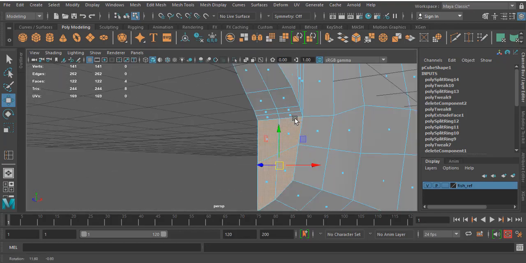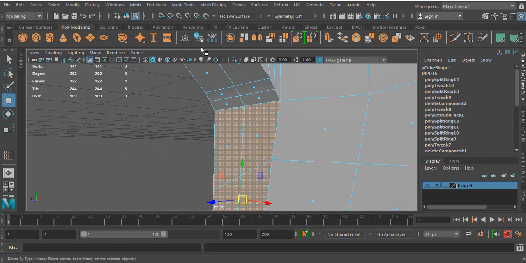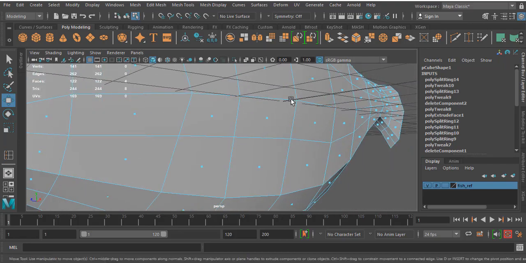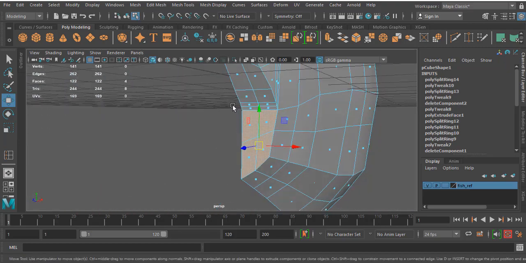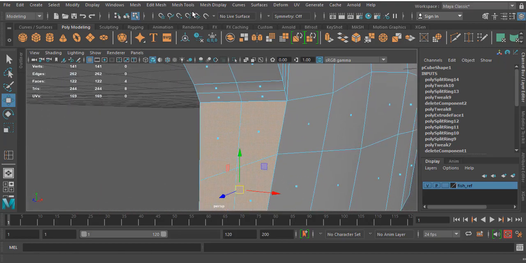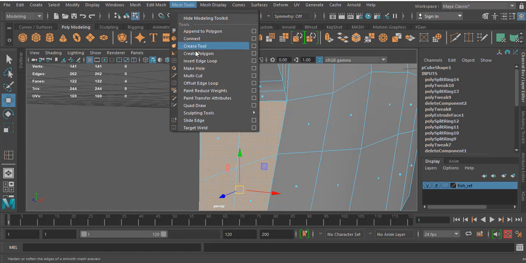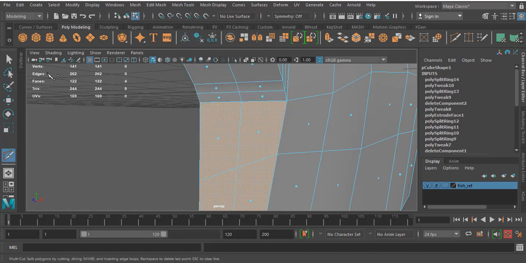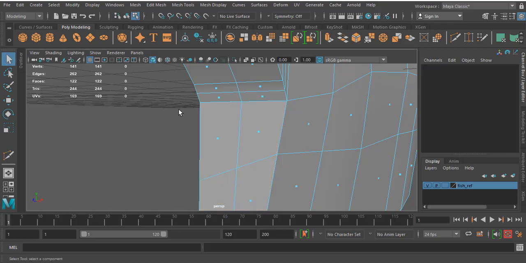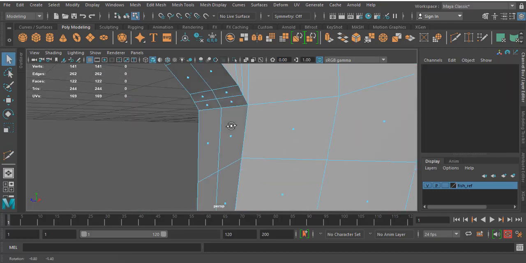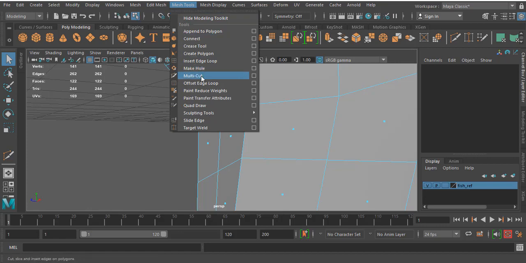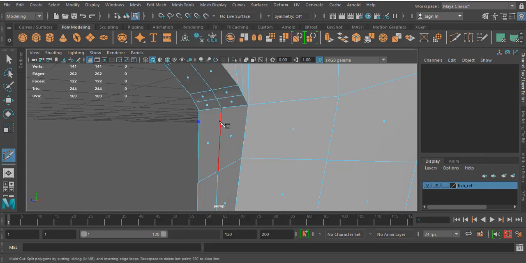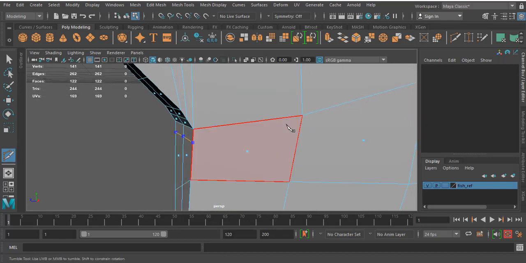I'll keep a mark over here. I'll keep an extra span over here. I want to create this manually, because I don't want to extend my span flow till the tail. So I'll click on this mesh tool and choose the multi-cut option. In the former version this was the split polygon tool; now it's the multi-cut option. Click on this and you can manually create the span.